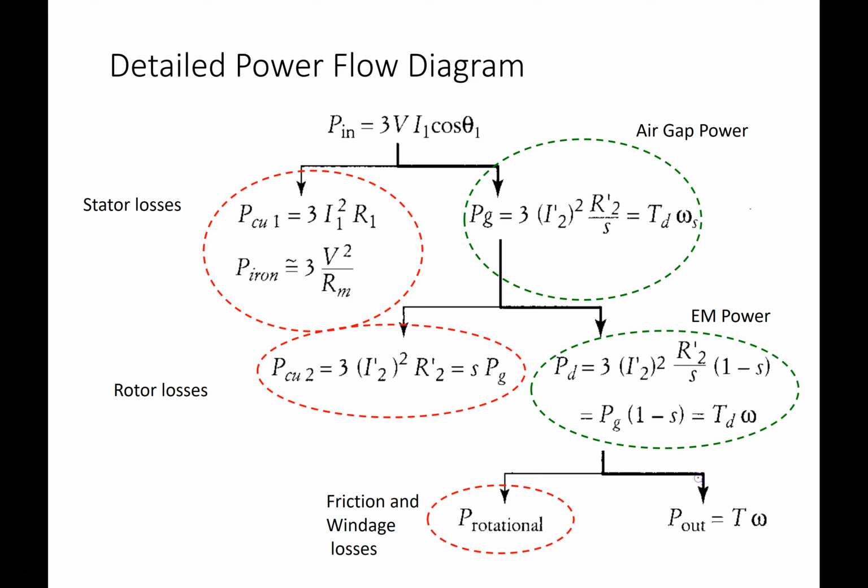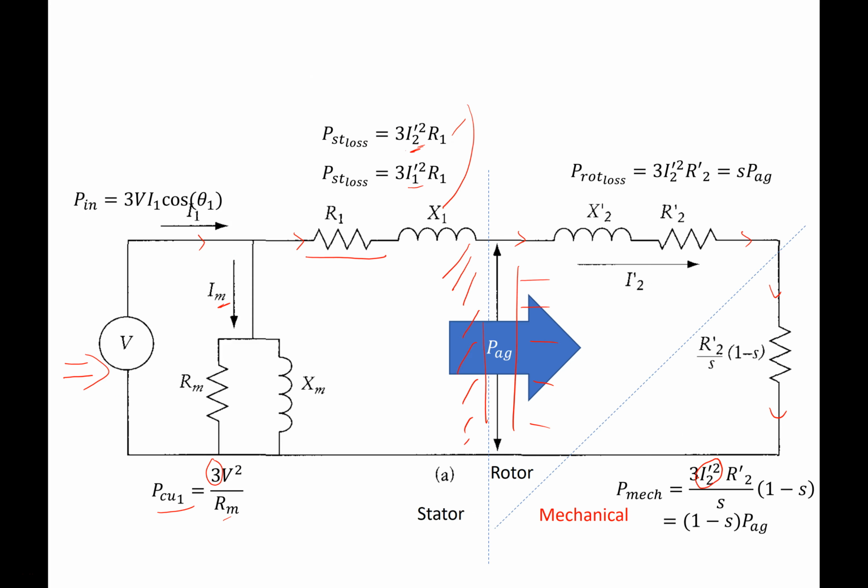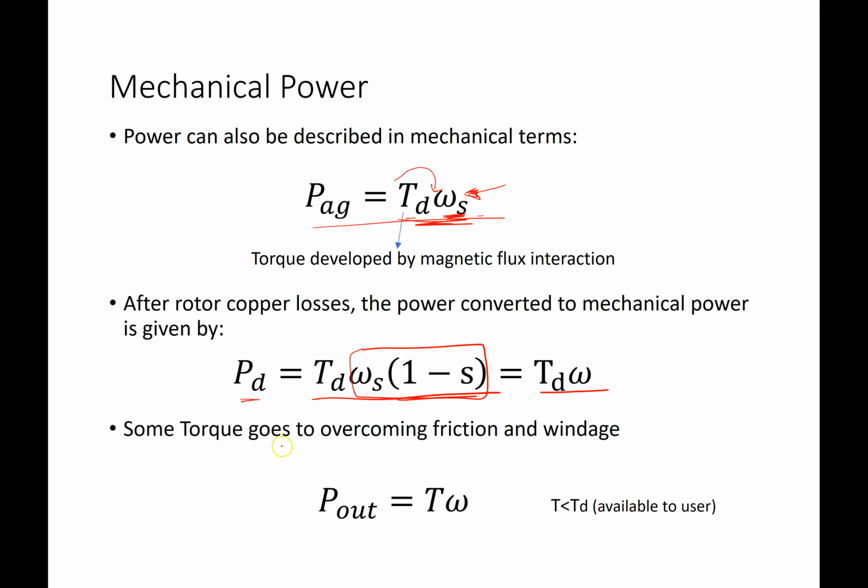Some of this energy goes into friction and windage, and the remainder is available to the user. So some torque, some force has to be used to overcome the rotor mass, has to be used to overcome the friction of the machine, and so on. So we have a reduced amount of torque, and we just remove the D and just leave it as T alone with no subscript, and this refers to the final output